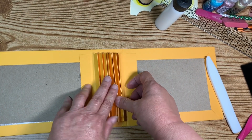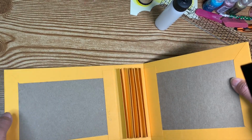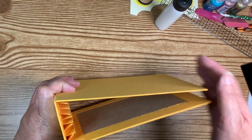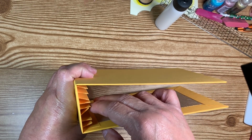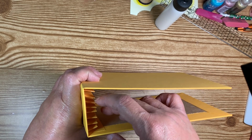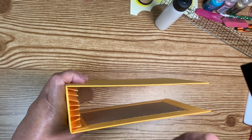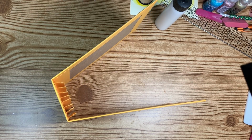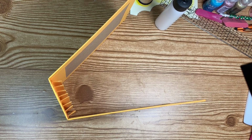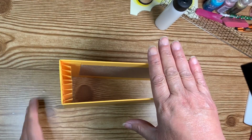And there we go. Our hinges are in place. There we go. All right, there we go, guys. Oh, I like that. And I like it because it has a lot of pages in there. Sometimes I just want to get photos into a book without having all the extras. Don't get me wrong, I love those, but occasionally I have events where I just want to get them into